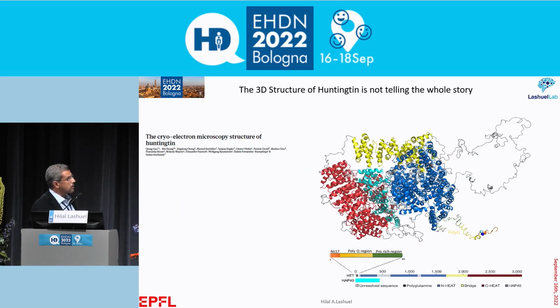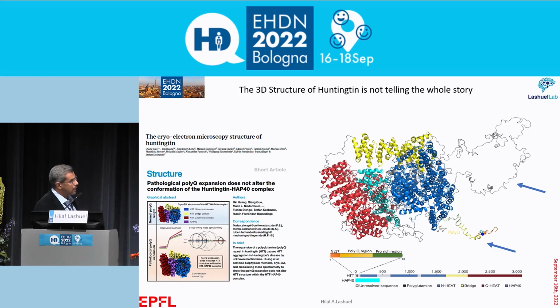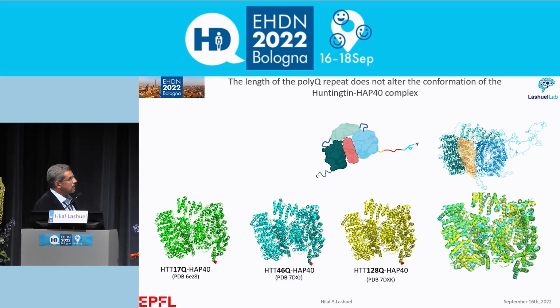When the cryo-EM structures of Huntington came out, we were all very excited because we thought we would get a lot of information from the structure. Unfortunately, the regions we're interested in, exon 1 and other flexible N-terminal domains, did not appear in the structure because they were too flexible at that time. Nonetheless, we thought that maybe deciphering the cryo-EM structure of the wild type and the mutant protein could be informative. And you just heard the talk of Stefan, where they showed basically that the structure of Huntington containing different polyQ repeats is actually identical if you overlay here.